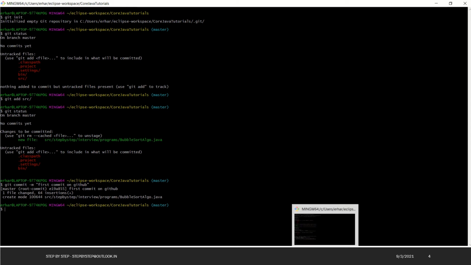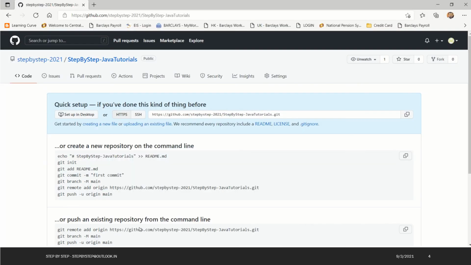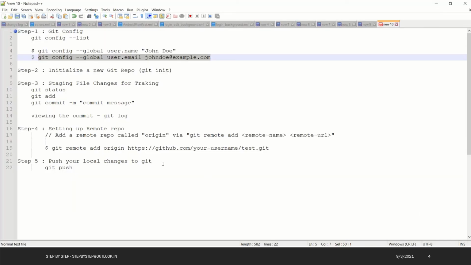To push this local commit to the remote repository, we need to set up the remote repository first. To set up the remote repository, we need to update the URL. We need to do git remote add origin, and then the URL. Let me copy the URL again. I'll update that repo URL here.